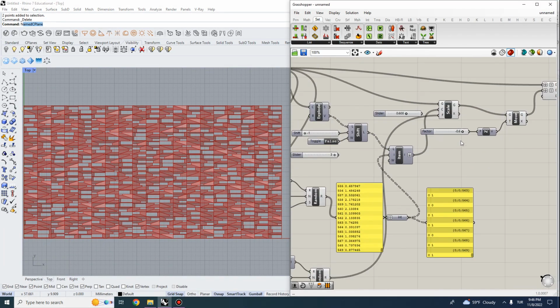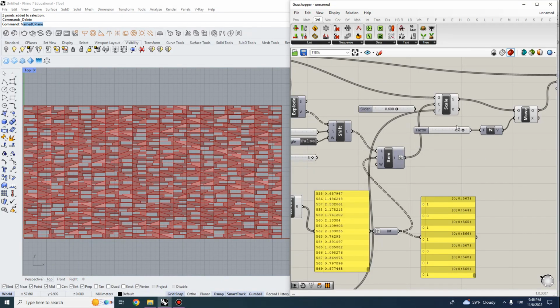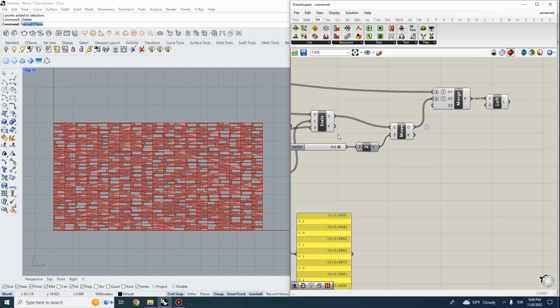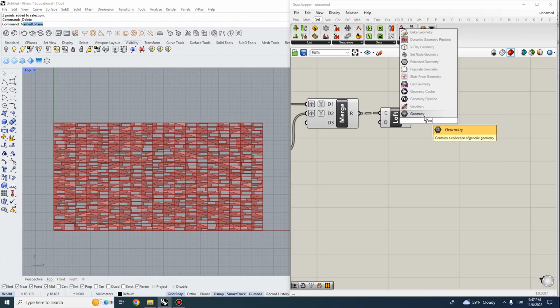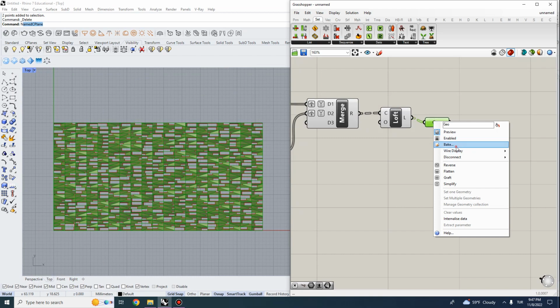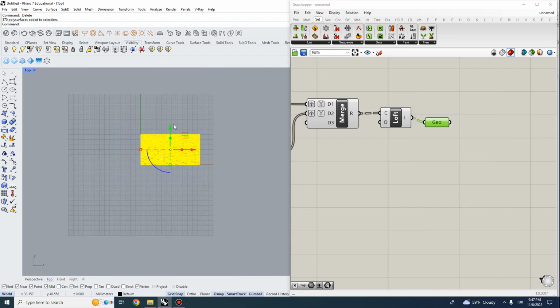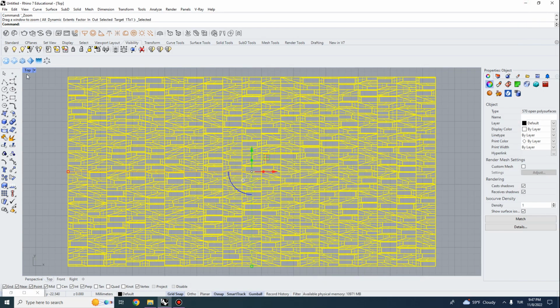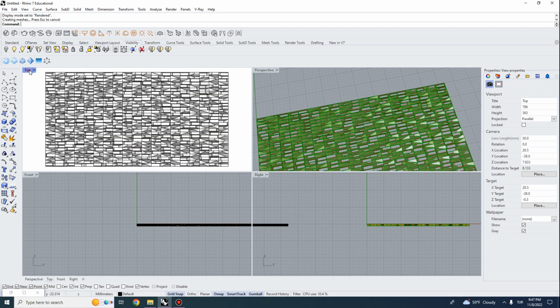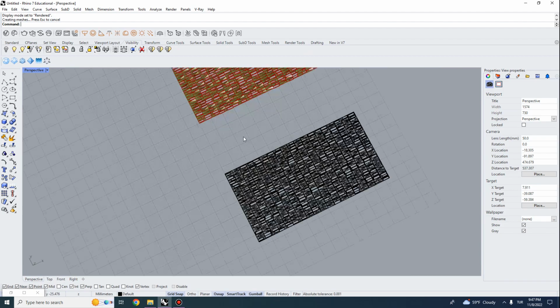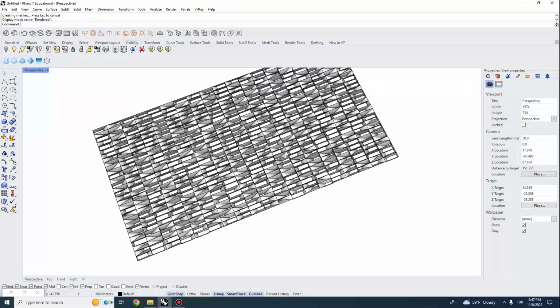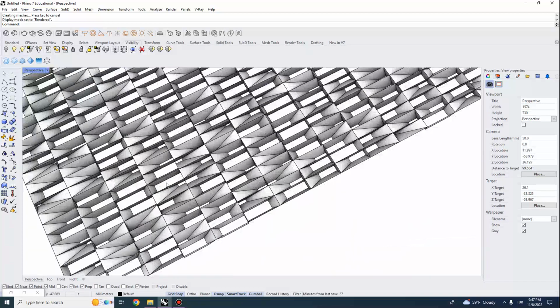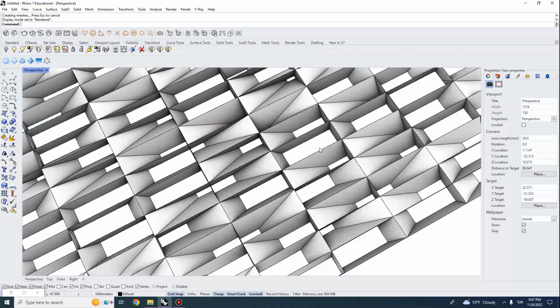You can also try generating another random value for the vertical displacement of these scaled geometries. So let's look at what we get. And I'm going to bake all of these, move them down. So there you have it. This is the three-dimensional look of that surface, and you can see that some of these cells have pretty novel